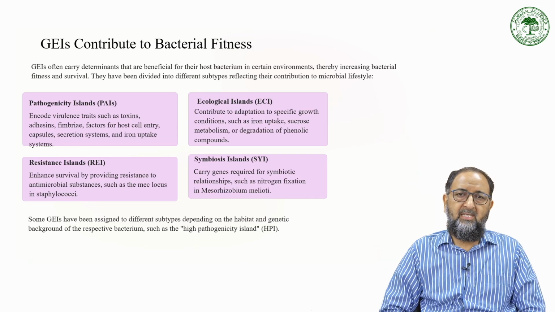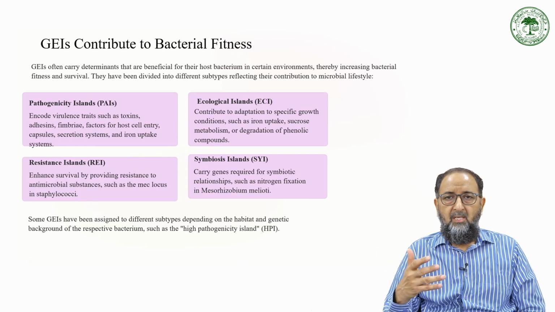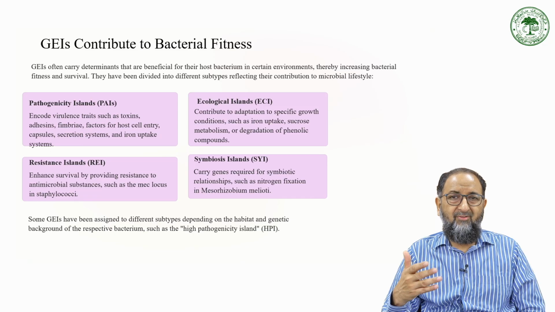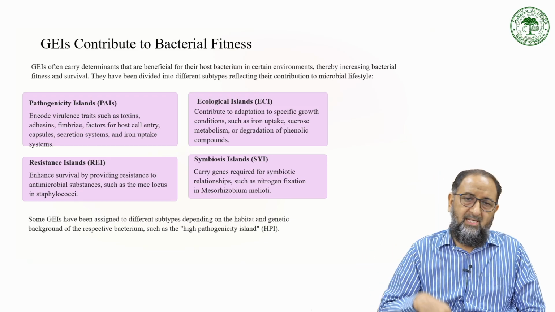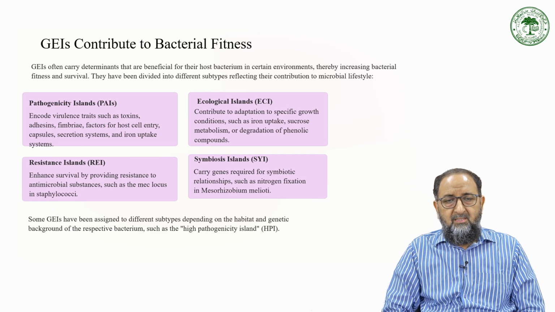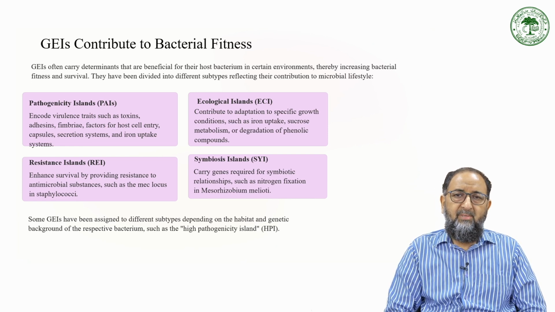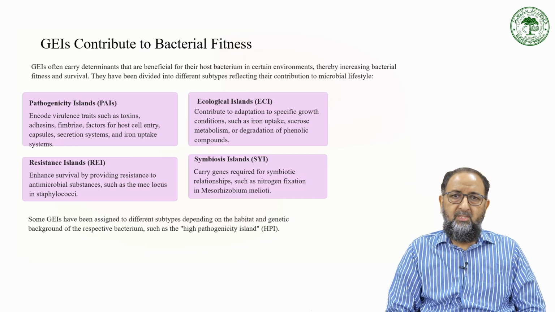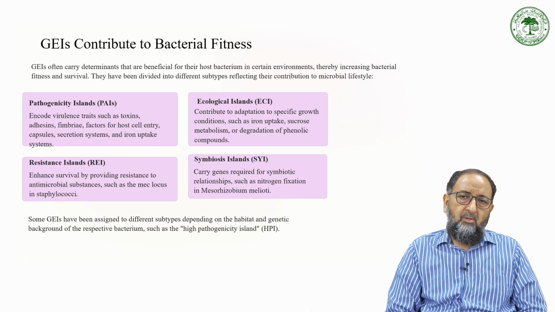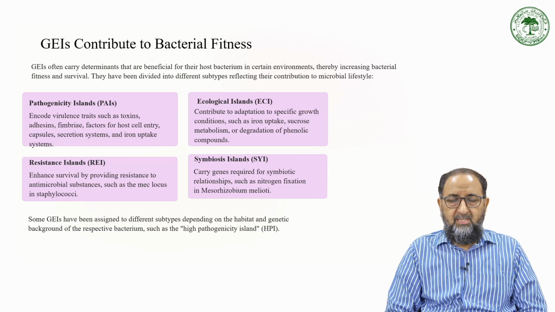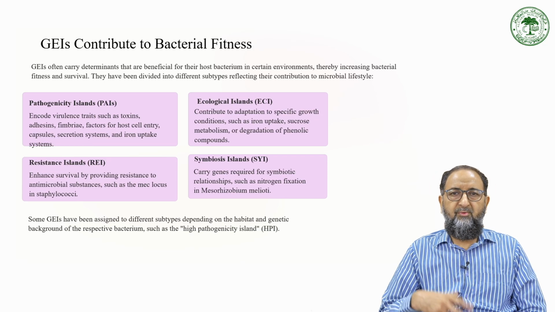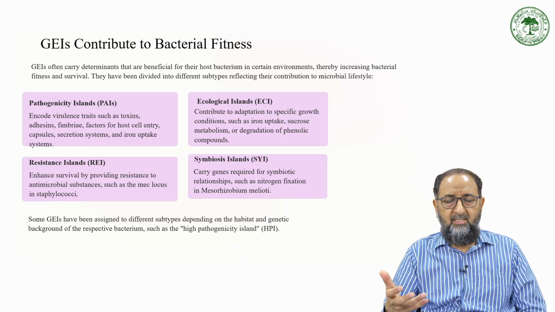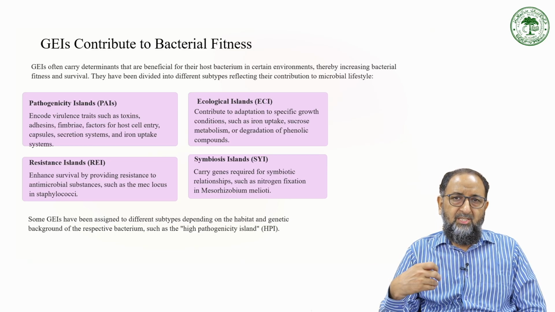Fitness here means that bacteria can have a strong defense mechanism, strong virulence factors which can fight against the host system in the environment, and they can survive for a long time. Otherwise, the bacteria may be killed. For example, I can take an example of capsulated pneumococcus pneumonia and non-capsulated pneumococcus pneumonia. So the capsulated pneumococcus pneumonia is very strong because they have polysaccharide capsules, and they cannot be phagocytosed by the defense system of the animal,